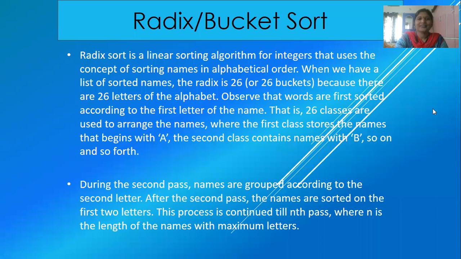radix sort. What is the last kind of sorting algorithm? Radix sort. In the case of radix sort, the algorithm will sort the given elements based on digit by digit positions. That means, in the first pass, the least significant bit.